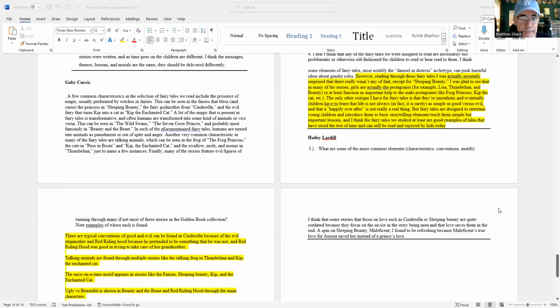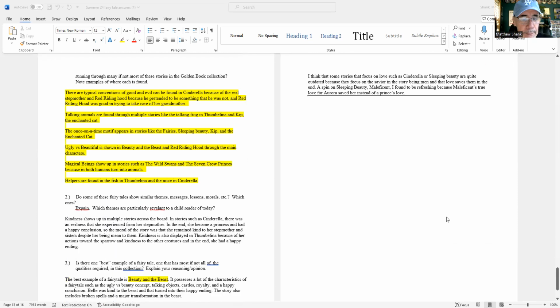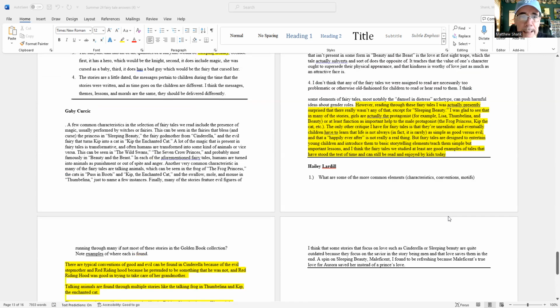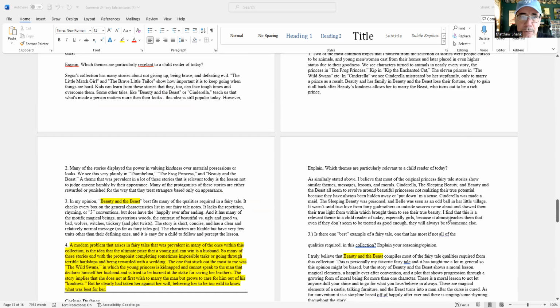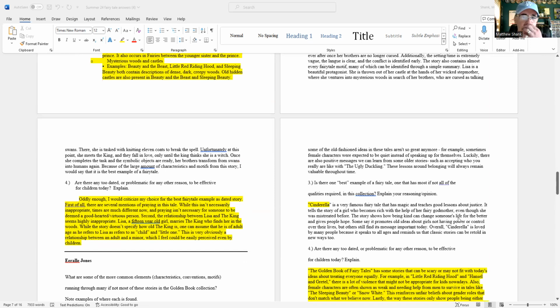So that's encouraging. Haley did a nice job of listing some of the conventions that we see and the stories that we see them in. And her favorite, again, was Beauty and the Beast. So again, a number of these were mentioned over and over again. Nice job, you guys. You might want to review this and look them over in a little bit more detail. I scanned some of these, some of the points I wanted to focus on, but it might be a nice way to study for any question I might ask you about the fairy tales in the collection of the Golden Book.